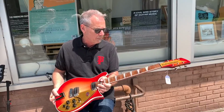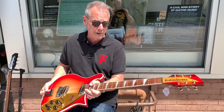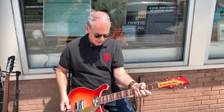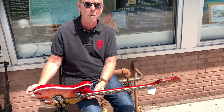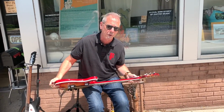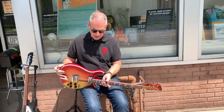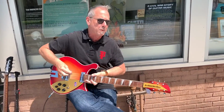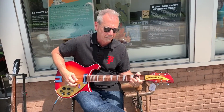These big shark tooth inlays come under a lot of different names, but I've always liked them because they're easy to read. If you're looking down at the guitar in a dark room, you can always see the inlays on it, the dots along the binding, and then that half-bound fingerboard. You can see it along the edge here. The fingerboard is just half-bound, where they borrowed that from the Larson Brothers guitars of Chicago. And then the checkerboard binding, the toaster top pickups, which are a little more British sounding, but